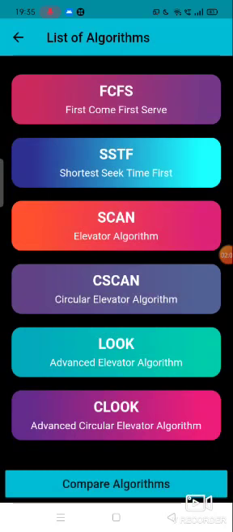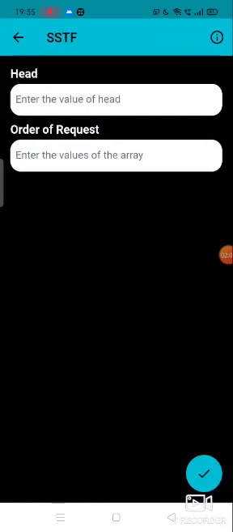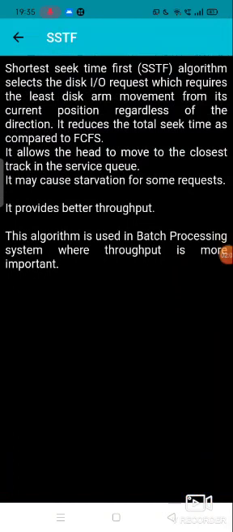Now we will understand the working of the remaining 5 algorithms. SSTF. SSTF means shortest seek time first. In SSTF, requests having the shortest seek time are executed first. So the seek time of every request is calculated in advance in the queue, and then they are scheduled according to the calculated seek time. SSTF is certainly an improvement over FCFS as it decreases the average response time and increases the throughput of the system.